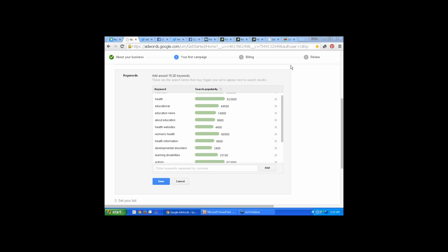It does not delineate what's called secondary phrases or secondary words. So you have to be specific. So if you just say education, you're going to be a little broad. Now, if you say special education, which is the area that we're focused in, you're going to get something a little more narrow. So you can say, okay, maybe we're going to stick with the topic special education, because education has nearly 500,000 searches a month, but special education only has 33,000. So is that narrow enough for us to be specific, or do we need to look at words underneath there?